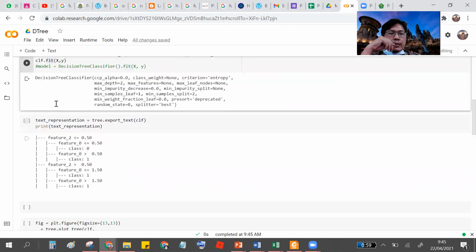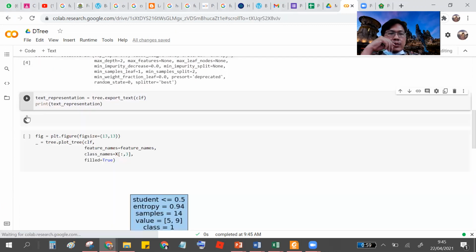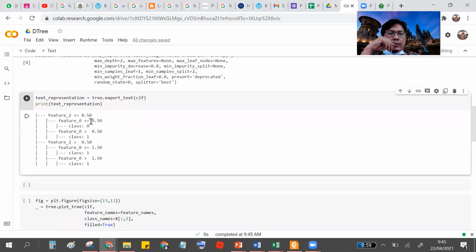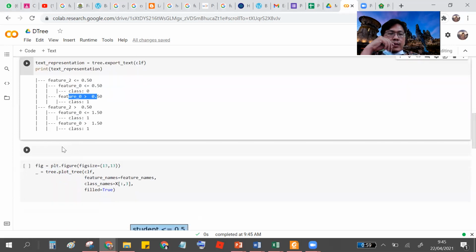And this is the result. The filter is non-student and student. Non-student age under 30, the student greater than 30, and so on.